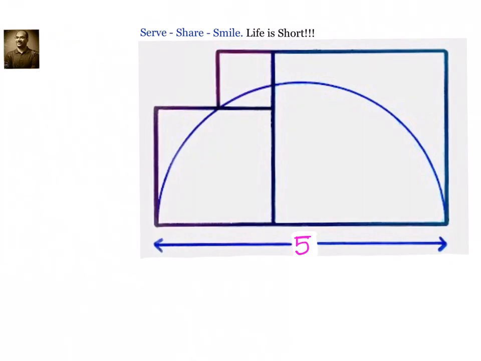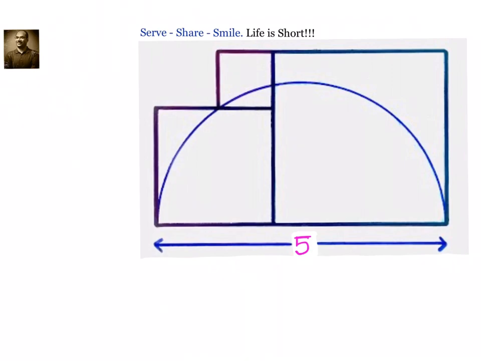Let us look at this interesting problem. We have been given a semicircle of diameter 5 units and we have 3 squares here. We have to find out the sum of all the areas of the squares. Now we can solve this problem in different methods. In this particular session, we'll try to solve it using 7th or 8th grade mathematics, fundamental algebra,